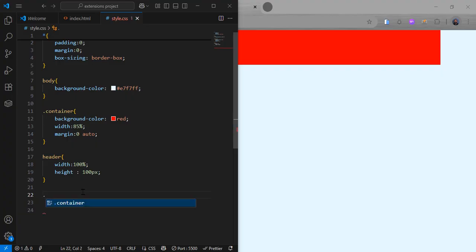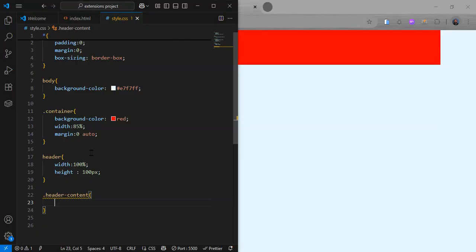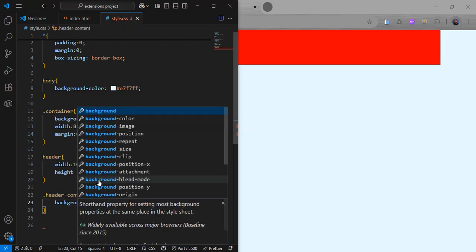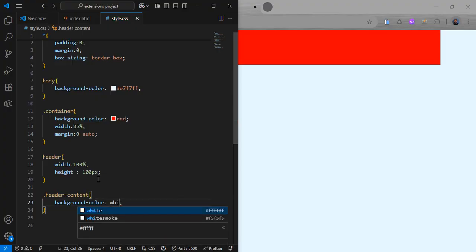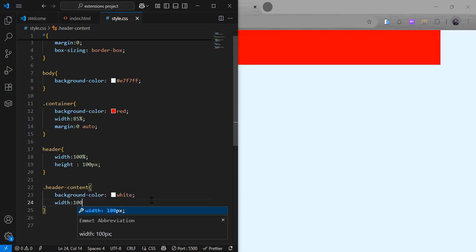So over here, now we said this header content, this white section over here, right? This white section, we want to give it a background color of white, as we have already seen. Background color to be white. Okay, but then we need to give it a width as well. So 100%. Now 100% means